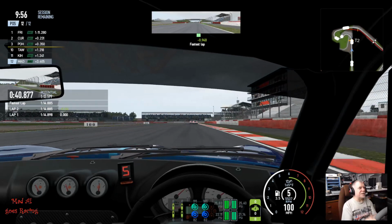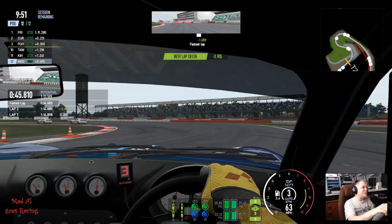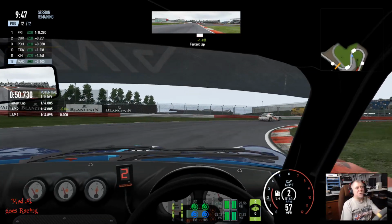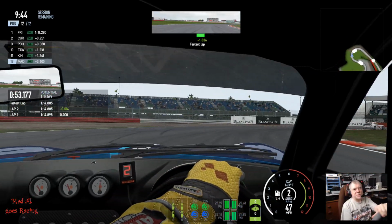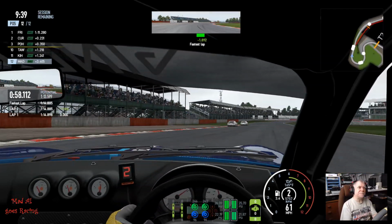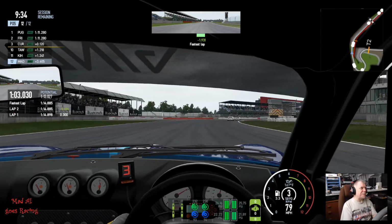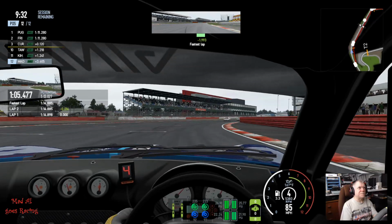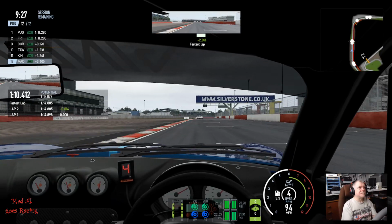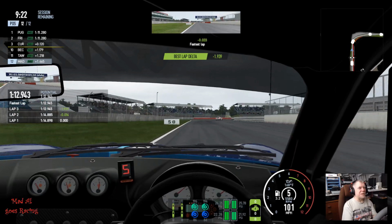The slower the car is, the more you have to concentrate on getting a really good exit, because it's all about carrying the speed through the corner and then onto the straight afterwards. And of course, the longer the straight is, the more you have to concentrate on it. I think our tyres have at long last warmed up a bit as well, which is helping. Still in last place, but